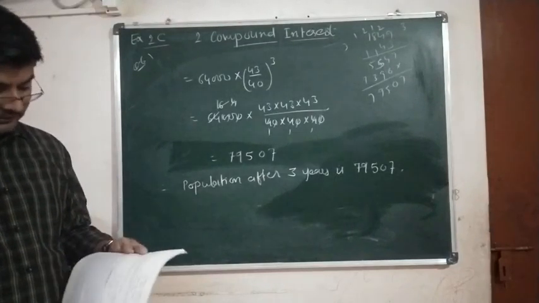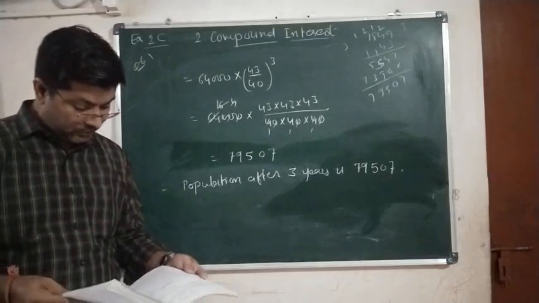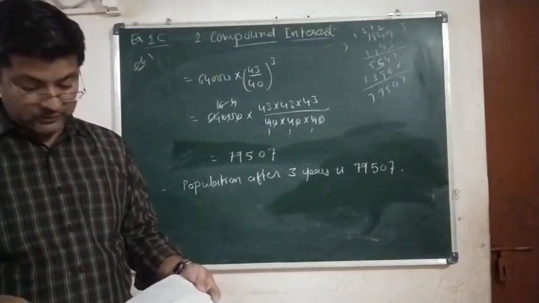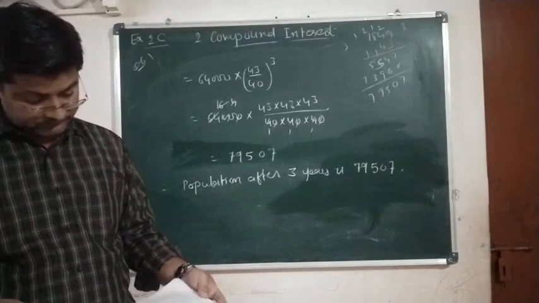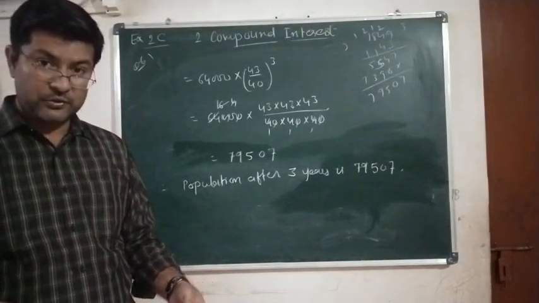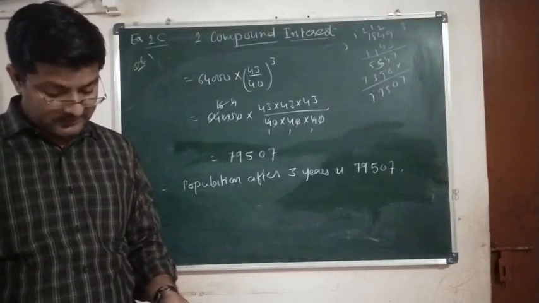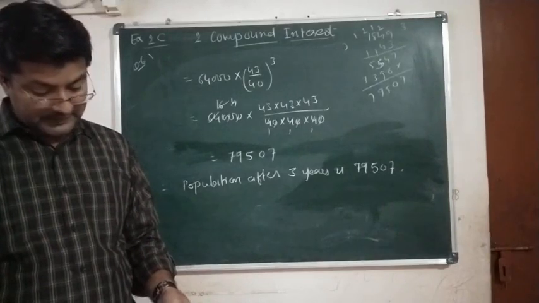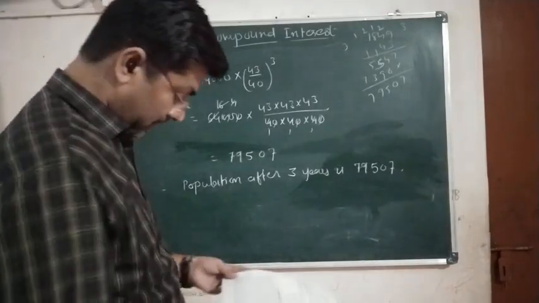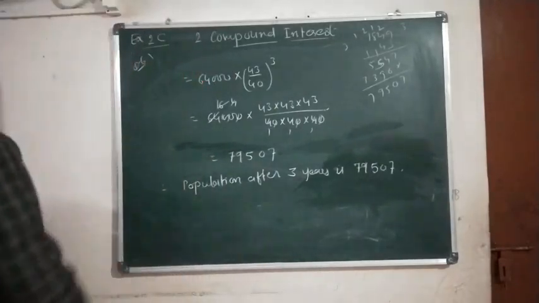Now let us solve the next question, that is question number 7. A mango tree was planted 2 years ago. The rate of its growth is 20% per annum. If at present the height of the tree, so you are given the present height of the tree to be 162 centimeters. Okay, we have to find the height of the tree 2 years ago. Clear? The rate of growth is 20%. So let us write down the details first.